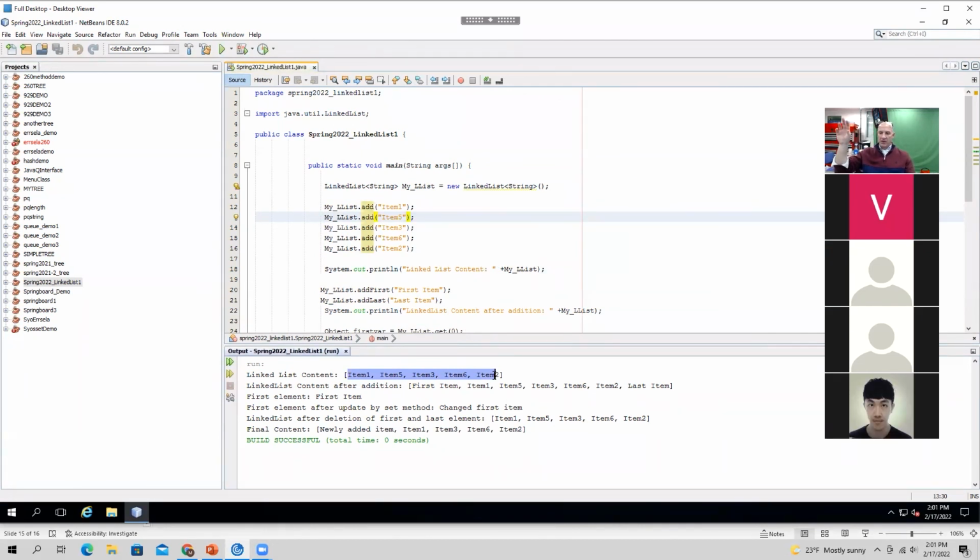Once it's out there in the ether, sitting out there for us, we can work in different classes and different methods. We can interact with each other, totally separate from anything else we're doing. That memory will still stay out there. You could have a linked list called My States, and there's 50 states in there that you can access at any time. You could have a linked list called My Music, and there could be 400,000 song titles in there. It doesn't matter what you use it for, but data structures, and especially data structures in Java for this seminar, are the way we take data in our programs and temporarily store it so that we can access it from other programs later on.